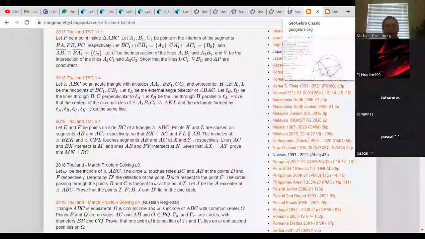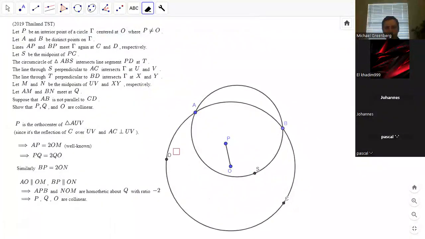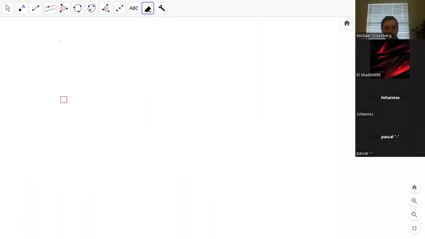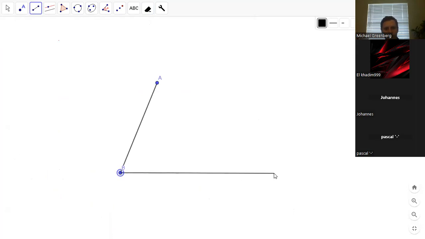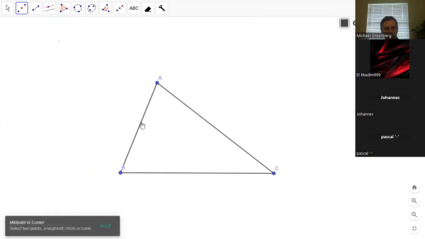So I have one problem actually. So here's a problem I saw on a forum, and I haven't proven it yet. But this is from the Romantics of Geometry group. So it says you have a triangle ABC, and you draw the circles with diameters AB and AC. And then